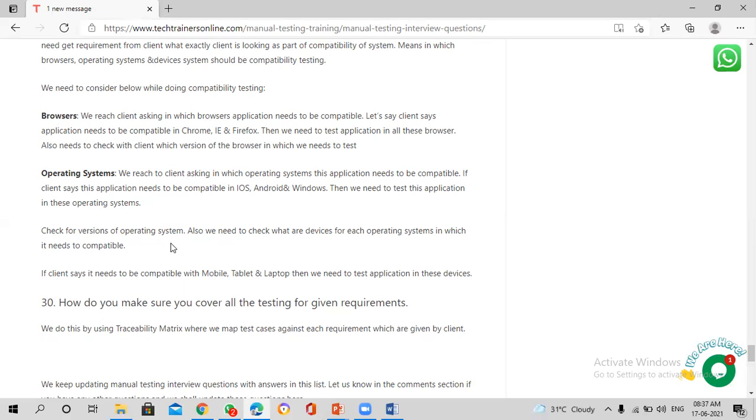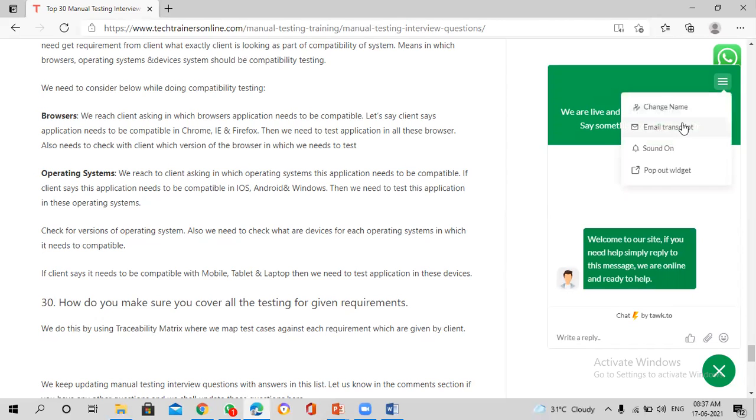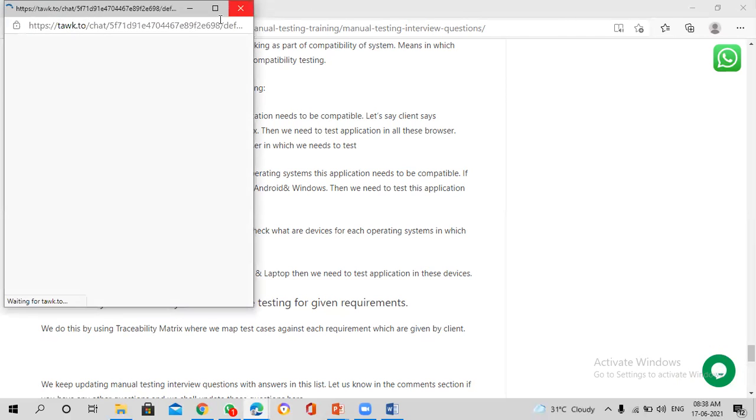No. Then how do you do compatibility testing in this case? Yeah, we can test in any one browser. Okay. No, you need to test it, right?